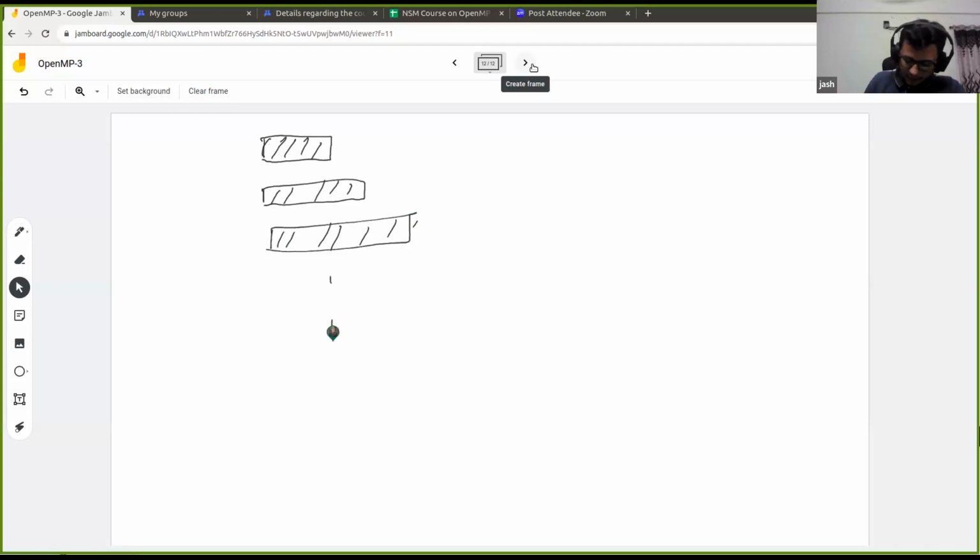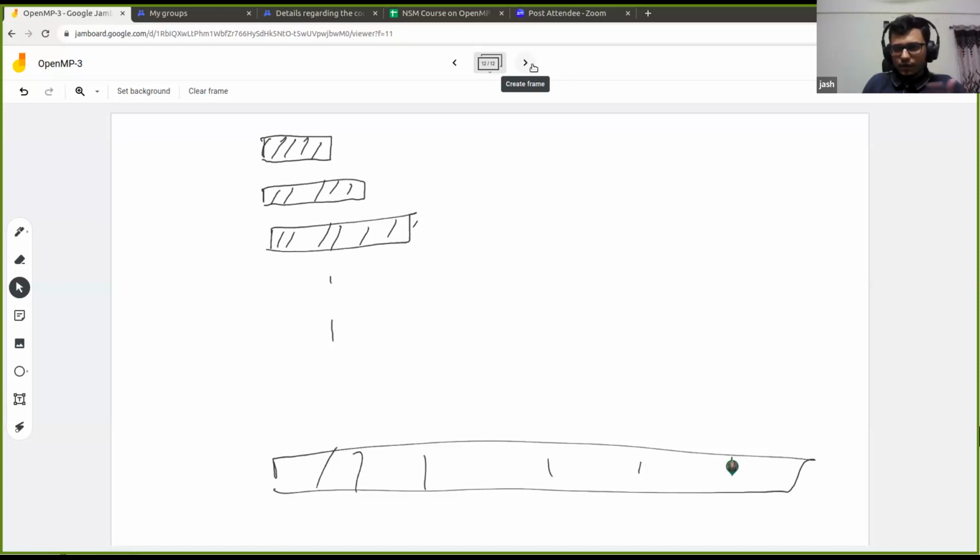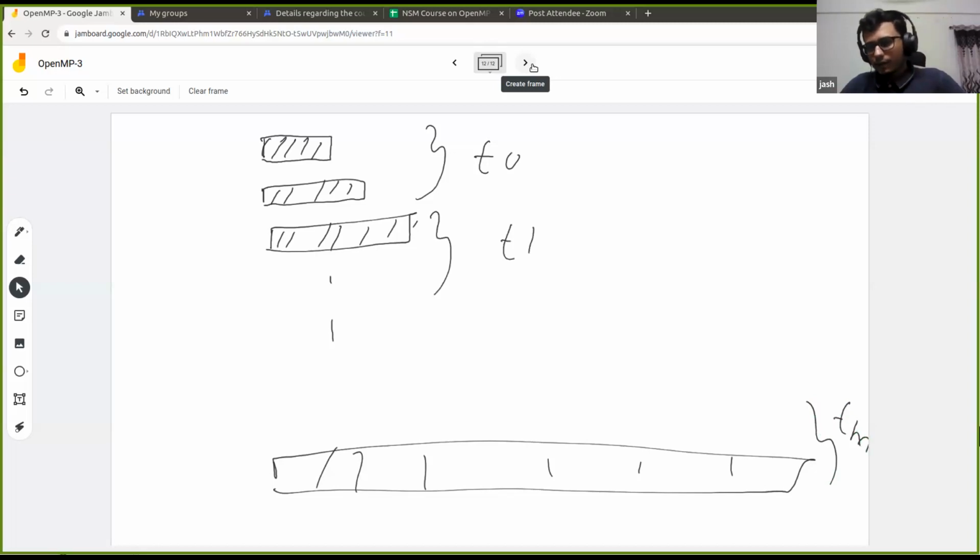For the last iteration, the amount of work we do is huge, right? So doing this kind of scheduling, we're assigning the first iterations to thread 0, the next to thread 1, and so on up to thread M. This is not an optimal way to distribute the work, right? So I hope this point is clear.